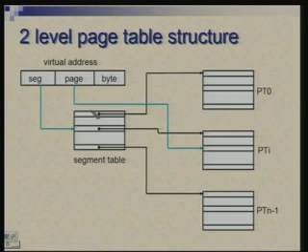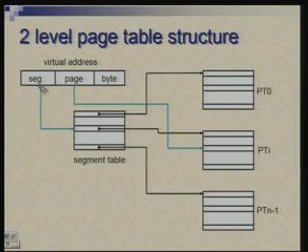So, to keep track of these, there has to be another table which we call the segment table, and the entries in the segment table will point to the starting points of these page tables. It will also have an indication, a valid bit and so on, to indicate whether that table is actually present in the memory or not. It may be that the rest are lying on the disk. So, in its functionality, this is the same thing as a page table. You can call this division segments and pages, or you could call it level 1 and level 2. The idea is the same.